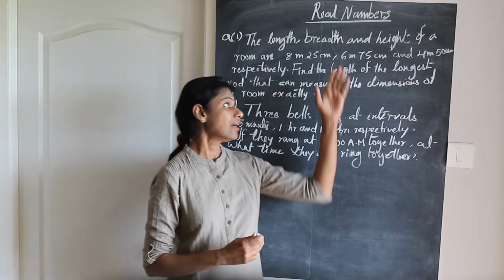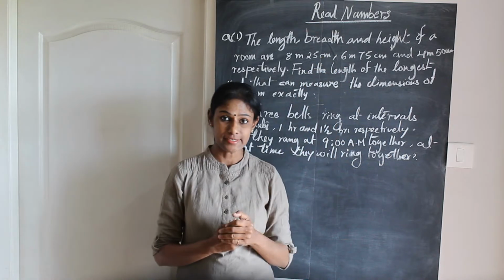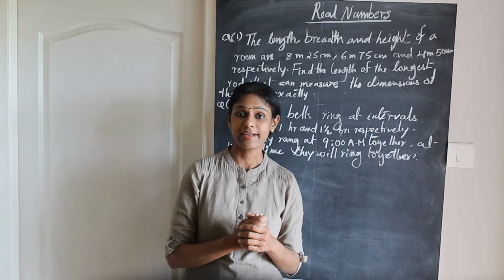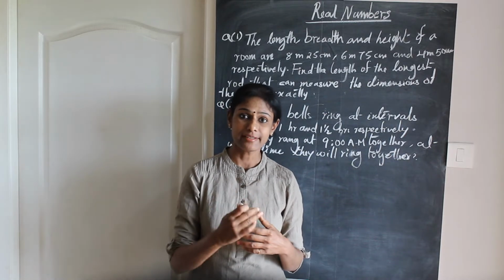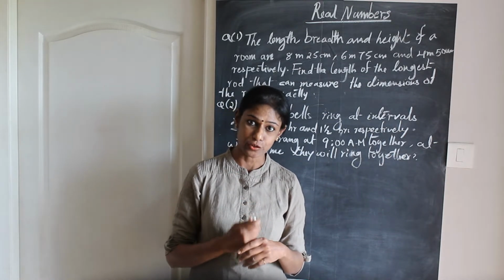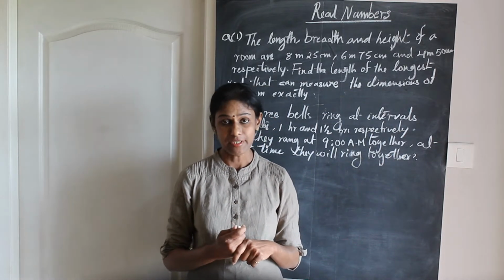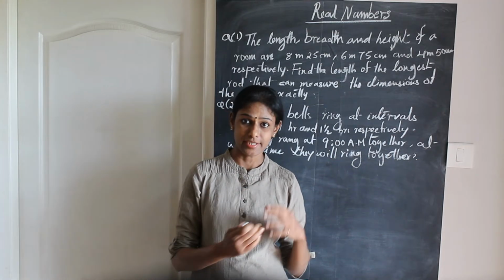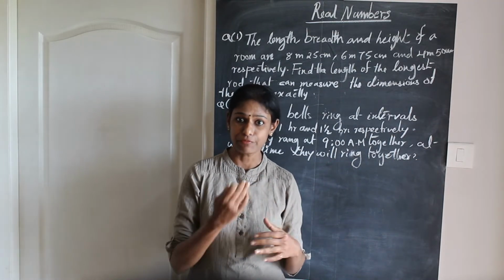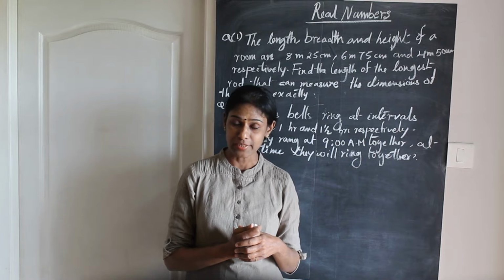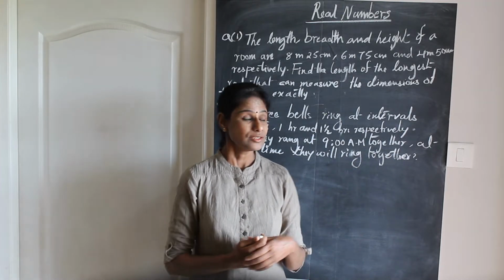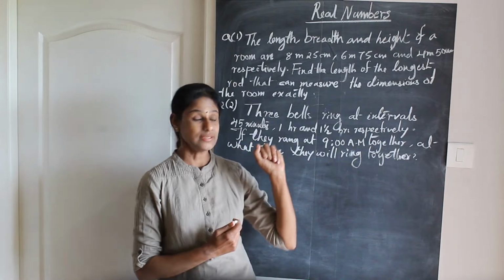Now here I have taken two questions, practical examples of the concept of HCF and LCM. So when you get a practical situation related to HCF and LCM, first thing, how do you identify whether the situation is of HCF, for finding out the HCF of the numbers, or finding out the LCM of the numbers? So this is a question.